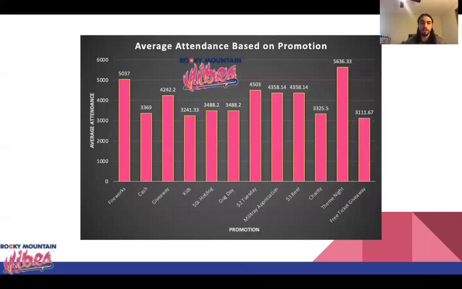Then finally, our promotion data, kind of just restating it, we reran the test, and hot dog day stayed significant at 0.1, but fireworks, $2 Tuesday, and theme night all became more statistically significant once we got rid of the multicollinearity problem between 50-cent hot dog day, kids day, and giveaway. And I think that just shows that these three, and maybe four if you include 50-cent hot dogs, though it's not as statistically significant,